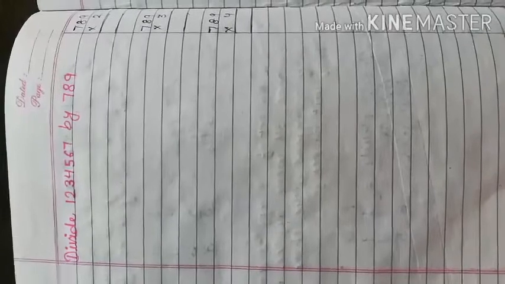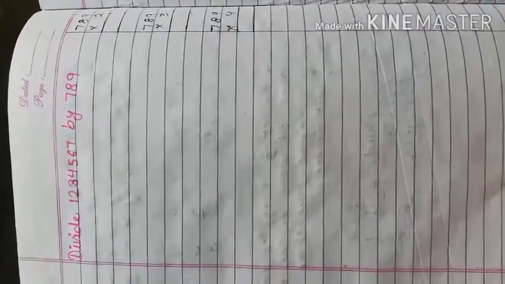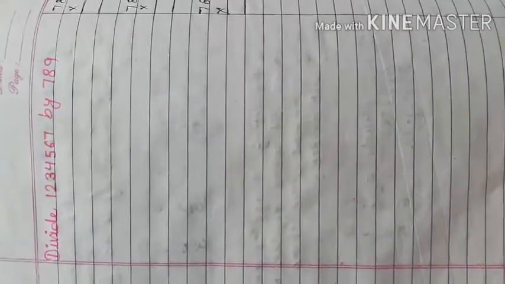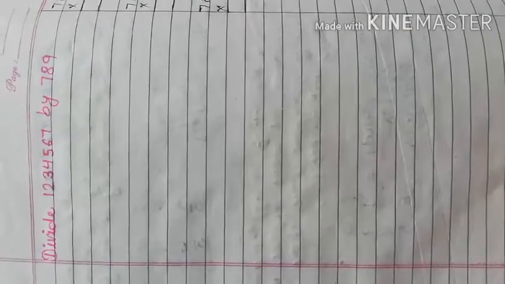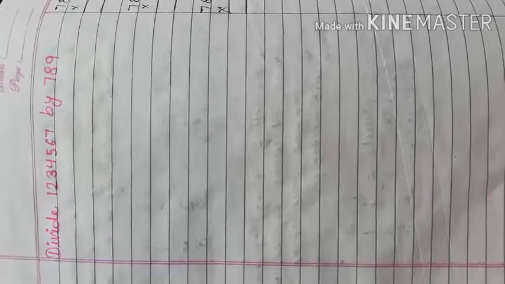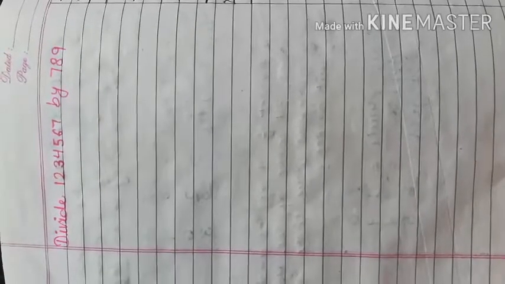As yesterday, we have started our third basic operation, and that is division. In that, we have divided by a two-digit divisor, and today here I have a three-digit divisor. So first we will divide this, and then after we will check our answer also. I'll let you know how you can check your answer of division, means the division algorithm that I'm going to tell you today. After solving the sum, you will be able to find out whether your long division is correct or not. So let us start this question.